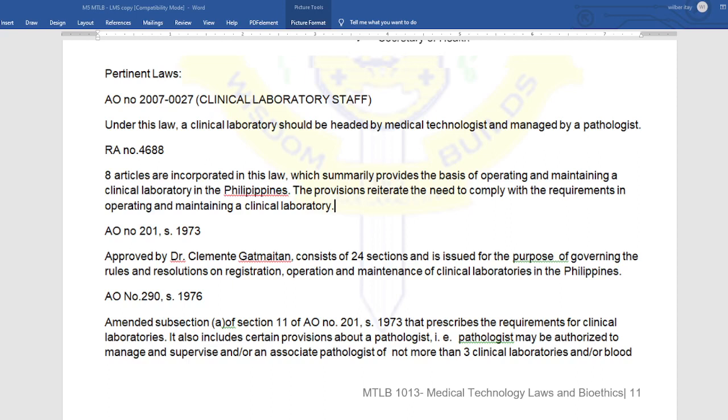Again ha, do not forget yung service capabilities ng primary, secondary, and tertiary. Lahat ng test na ina-offer ni primary and secondary, pwedeng i-offer ni tertiary. Pero kapag primary lang, yung mga test lang ng primary. Pag secondary naman, hindi niya pwedeng i-offer yung mga service capability na test sa tertiary. Yung mga under ng secondary and primary lang, ha?